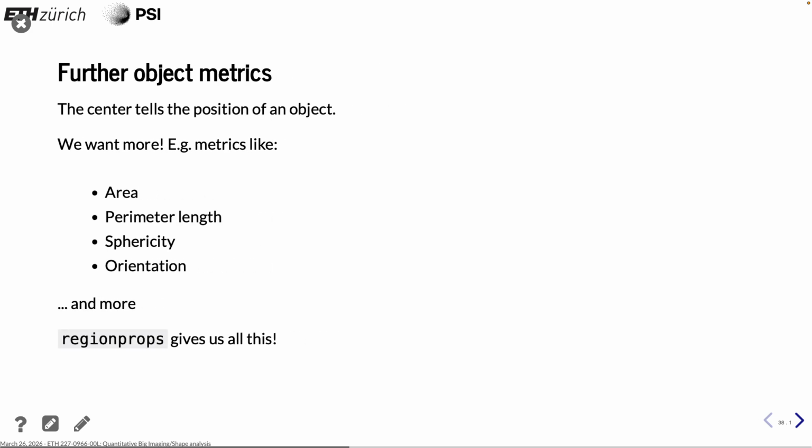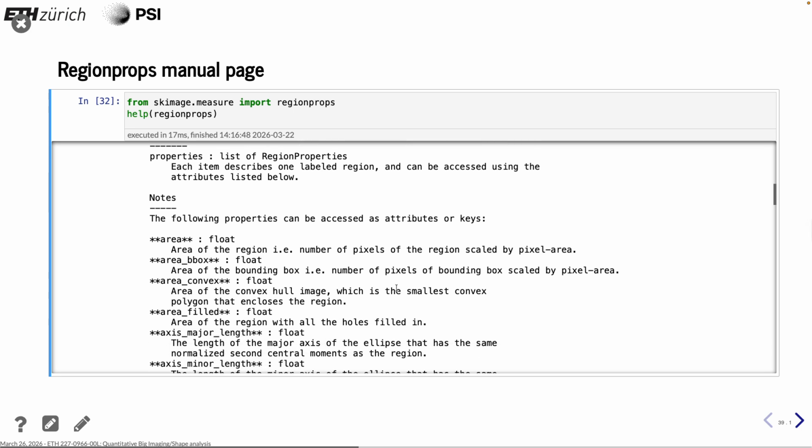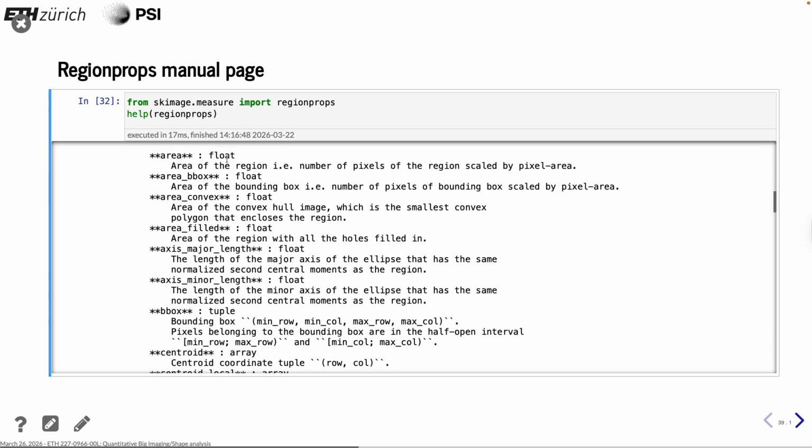Further information we want to know is maybe perimeter length or surface area. We can look at sphericity or orientation and, well, a lot of metrics. I'm not going to tell how each metric is computed, but in scikit-image there is a very nice tool called regionprops that gives us a lot of information. And if we look into the help of that one, you can see that there is,